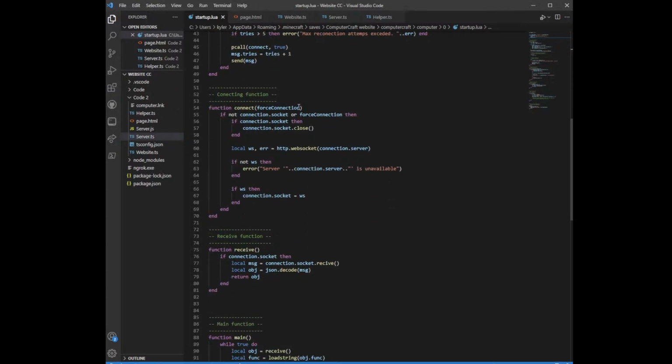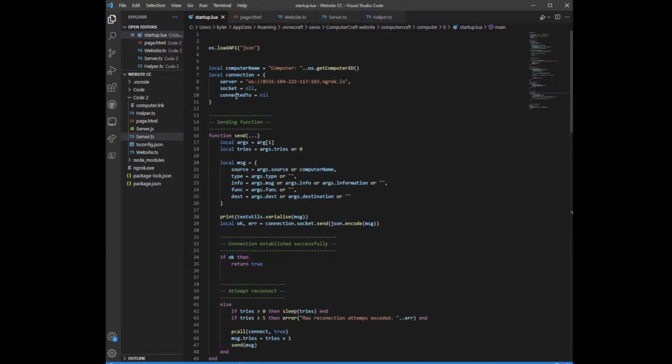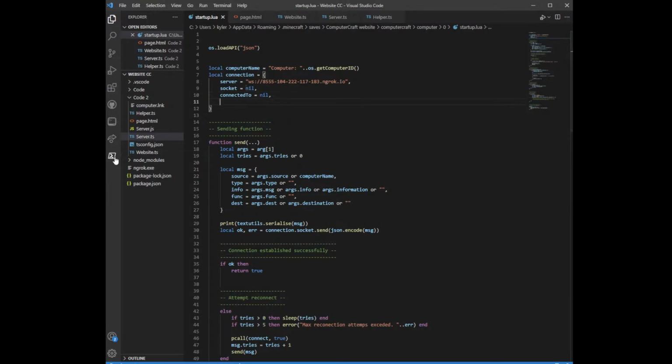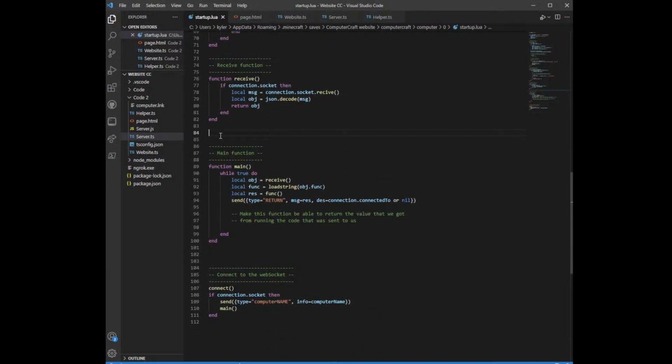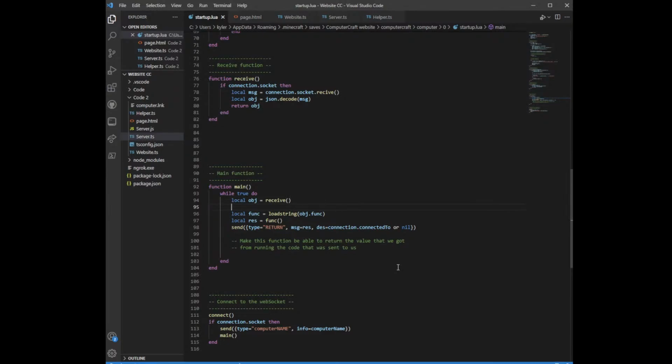So next thing to do is I need to deal with my receive. So I need to tell if I'm connected to something. So I'm going to add a thing called in use, and this can be set to false. And now, while true, do object.receive function. Okay, so now what I'm going to do is before I load the function, I'm going to go if object,